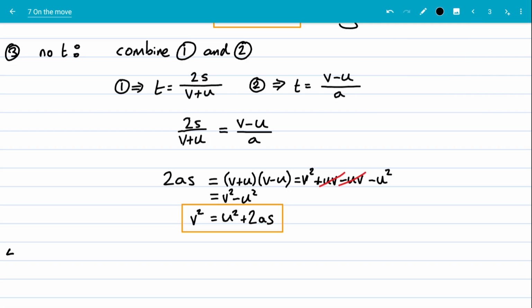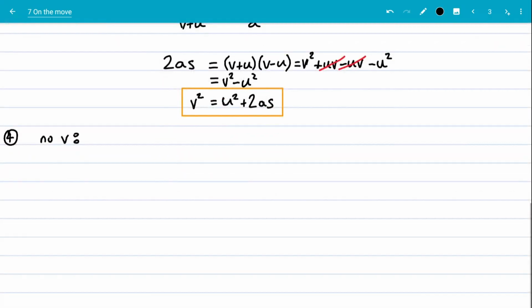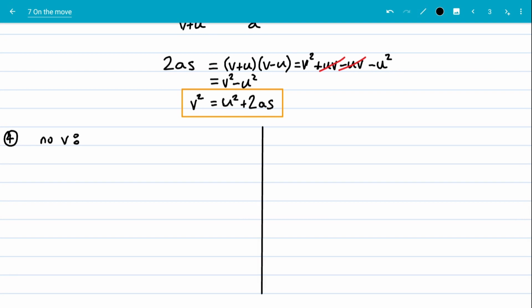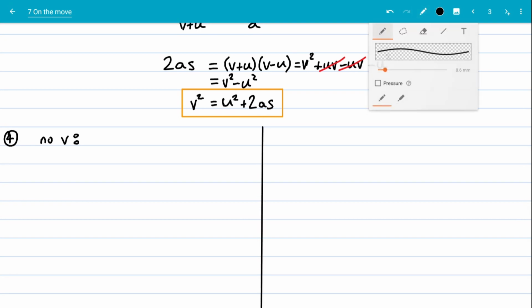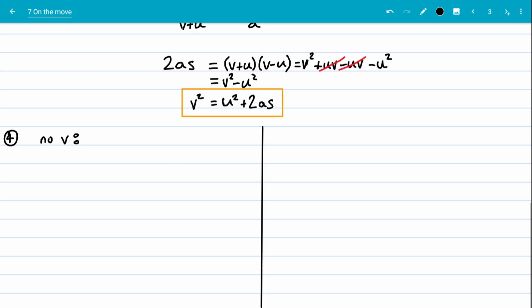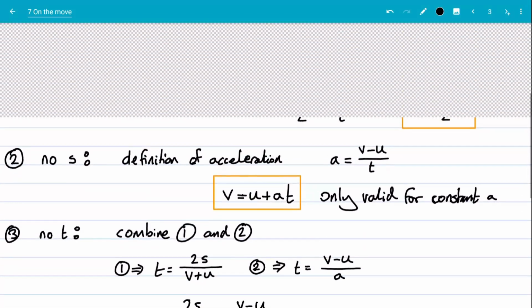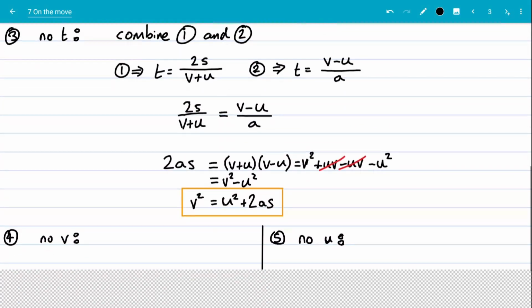Right, number 4. Number 4 is going to be our no-v equation. And the no-v equation, I'm running out of room here, so I might have to do number 4 and number 5 side by side. We'll practice using these equations lots and lots and lots, I'm sure. And this will be the no-u equation. So we've got the no-v and the no-u equation. And they're both very similar derivations to what we had before. We just equate some